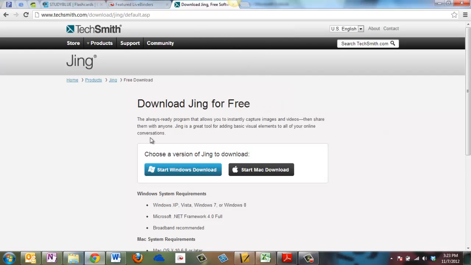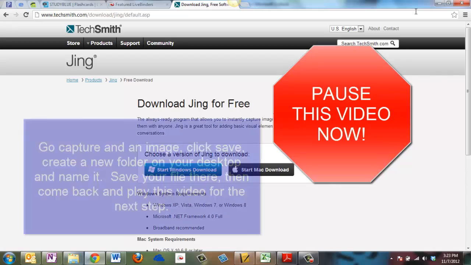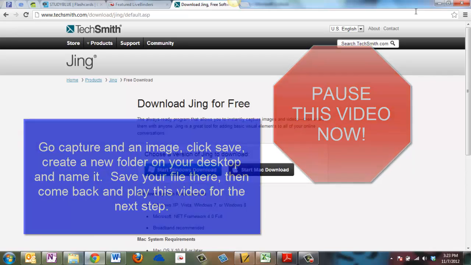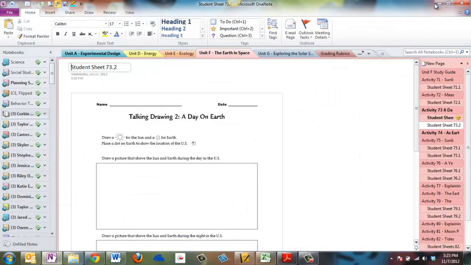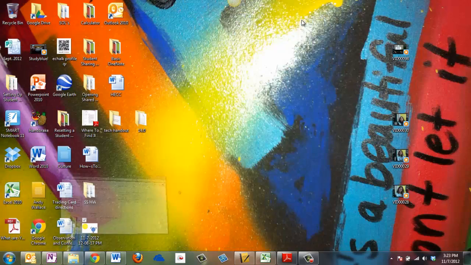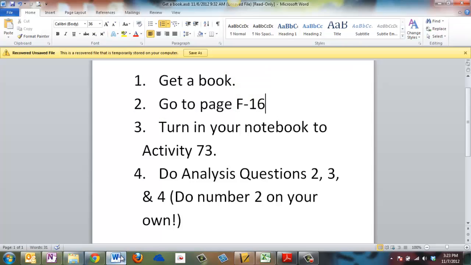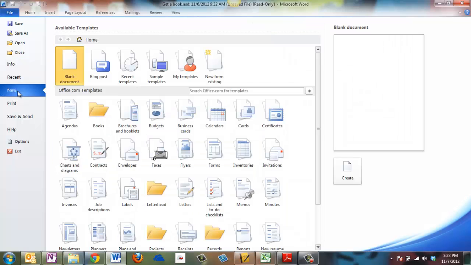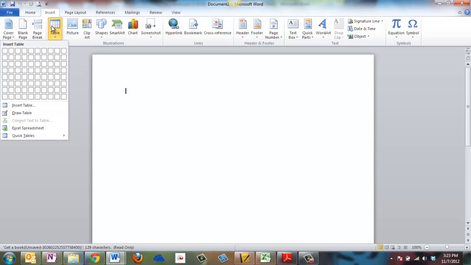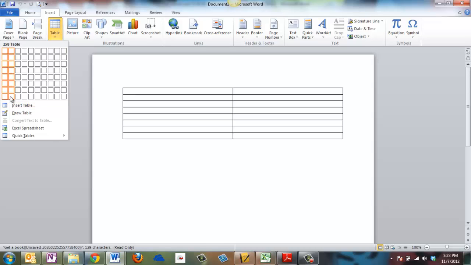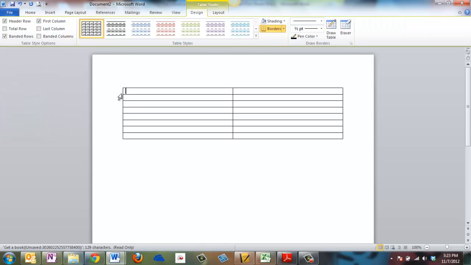So at that point, then I can go and grab the next picture. What we're going to do is eventually when we get our pictures, we're going to go to Microsoft Word, and it will start a new document. And what we want to do is insert a table, and we're going to create a 2x8 table. On this side, what I would do if I were you is put my directions, like go to